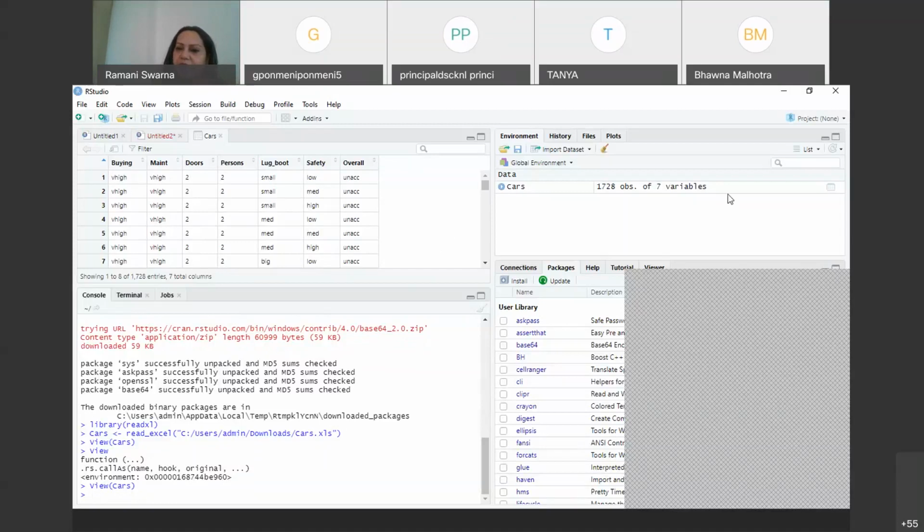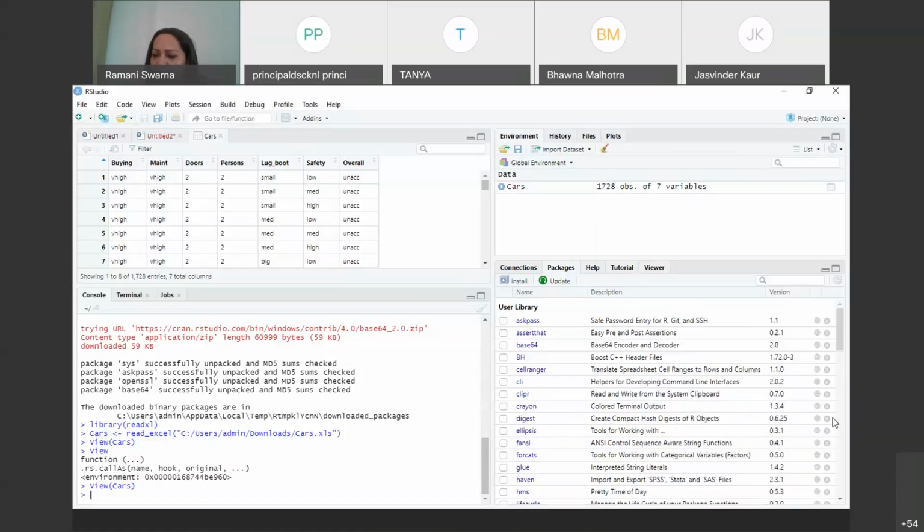Okay, so this is one thing you will have to understand. Now come to the global environment. In the global environment, you can see that I have downloaded or imported the data set which is called cars. It has got 1728 observations with how many variables? It has got 7 variables. This is number one. Number two, even if you look,